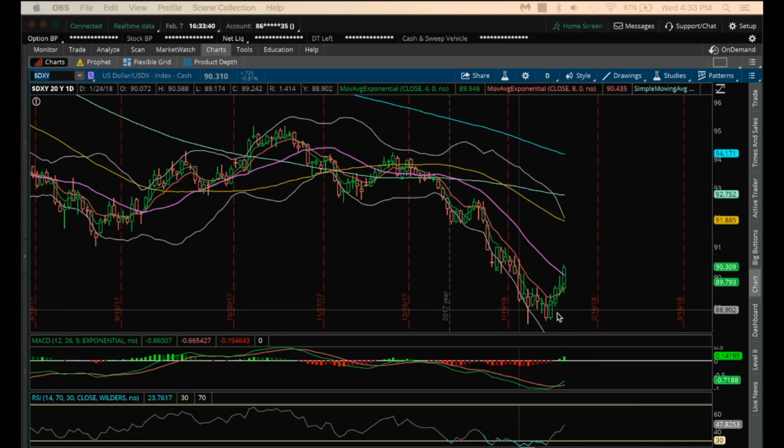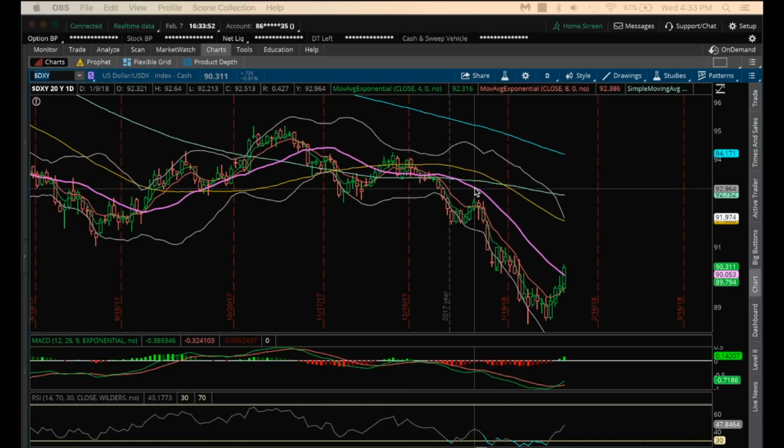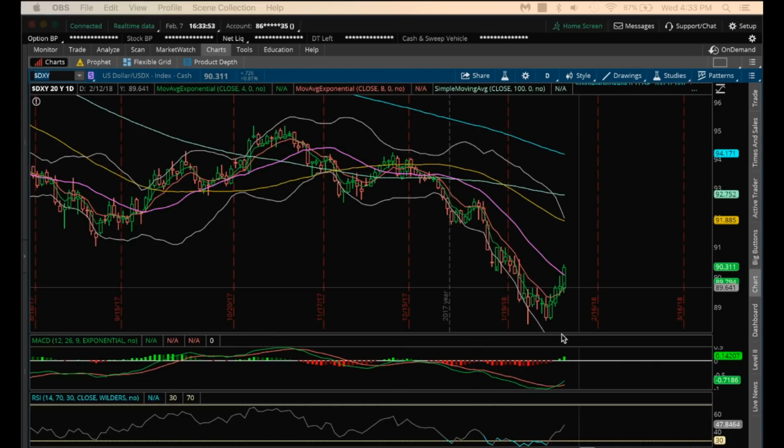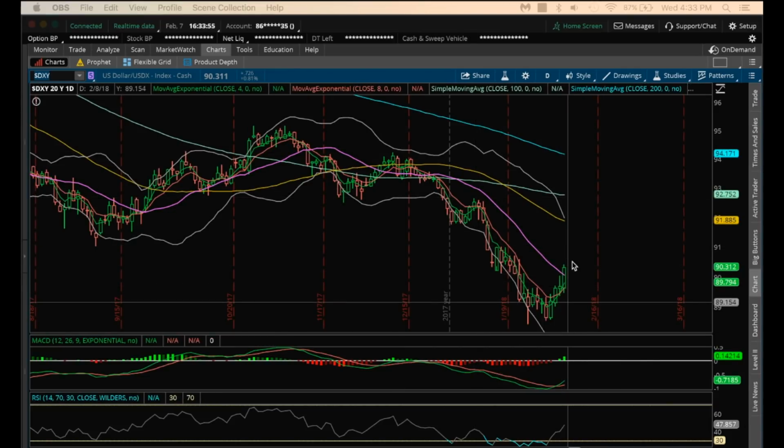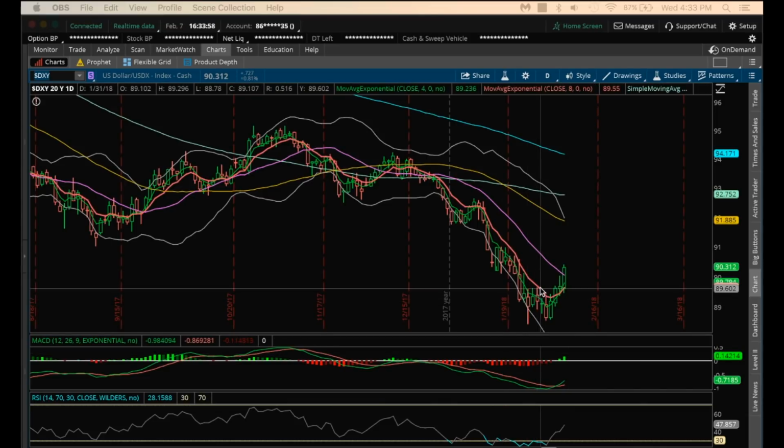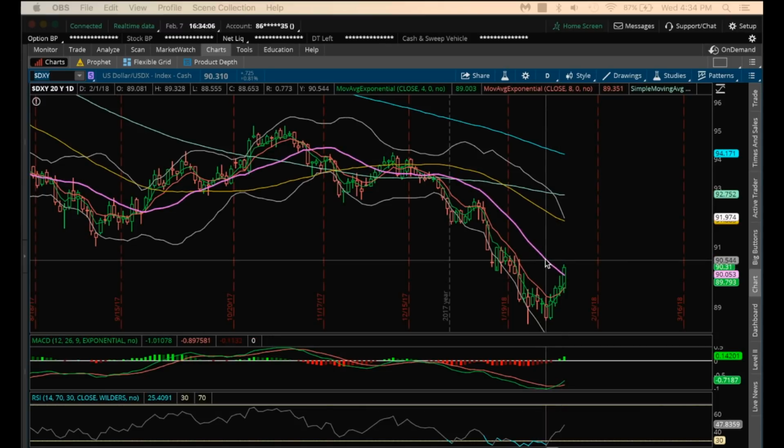So the dollar is recovering here, regaining the 20 MA, and you can clearly see that the trend has been broken. From this top here on the bounce, we've had lower highs and lower lows, and currently the daily is breaking that trend. By breaking above this high here, currently at 89.637, we are getting a higher high that I highlighted in the video last night. Said watch for the 20 MA here.